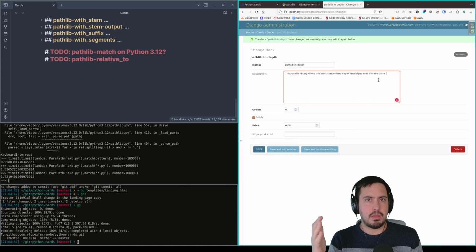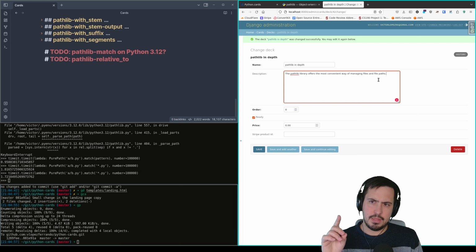But some people might think that this is very stupid, right? So in the end, you could do it with os.path, or you could do it somehow differently. I mean, what's the big deal, right? But I have to say that I don't believe that. I think there's a very, very big deal. And this is because